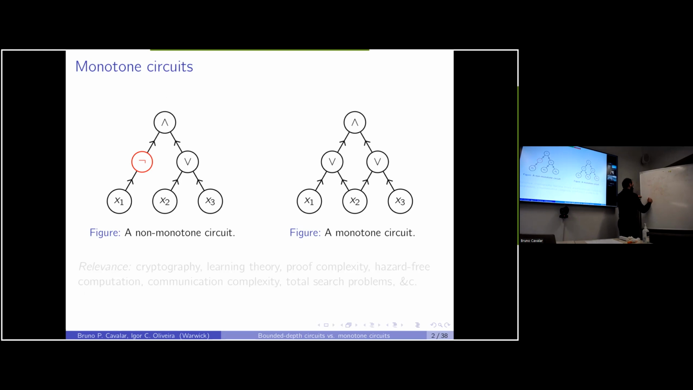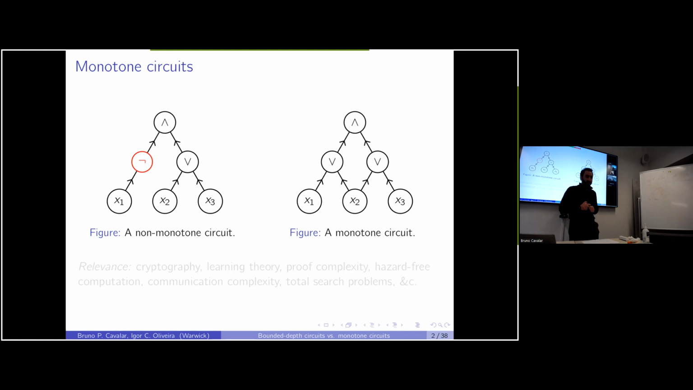And then at the bottom, you have your inputs. You can have, let's say, negations at the bottom. One of the main measures we would care about here is the size, which is the minimum number of gates to compute a function. You can also talk about the depth, which is the minimum path from the input to the output gate. And one very important prominent class of